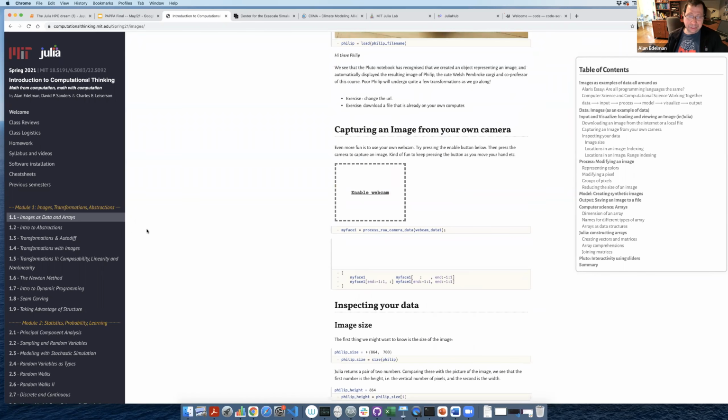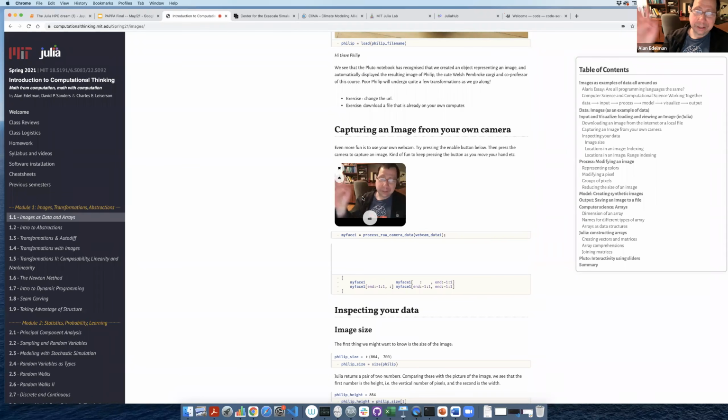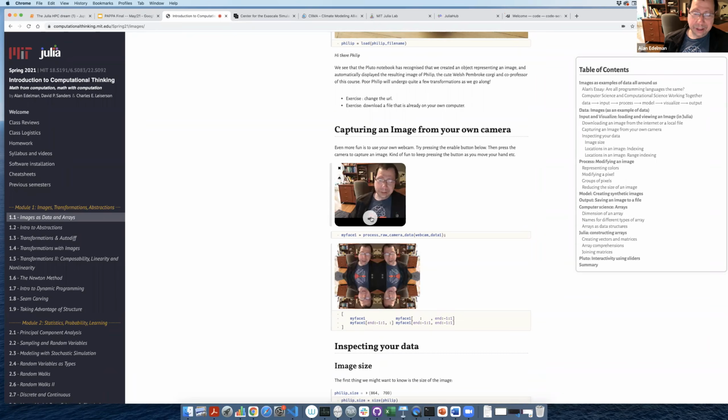If you want to play, just to show you a few fun things we did, here's a webcam which actually sees me live. This is exactly live. You can press on this, and you'll get a little mosaic. Whatever you do. Students love this. They can play around and start to see how Julia arrays work at the same time as having a little bit of fun.